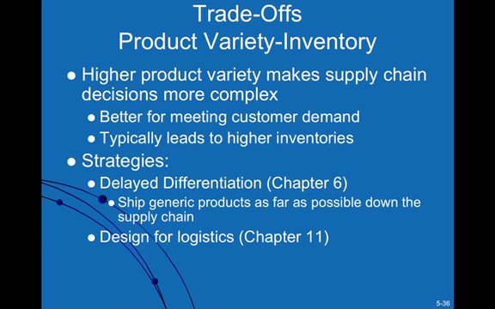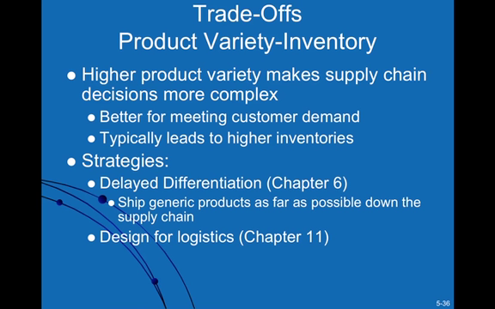So it is certainly a trade-off when having more variety. More variety is good for customers, but it actually drives the cost up for your retailers and the other partners in the supply chain. One of the ways of dealing with that is something called postponement or delayed differentiation, where essentially you make a product as generic as possible, so you do some inventory pooling as a result, and then you do the differentiation as late as possible.